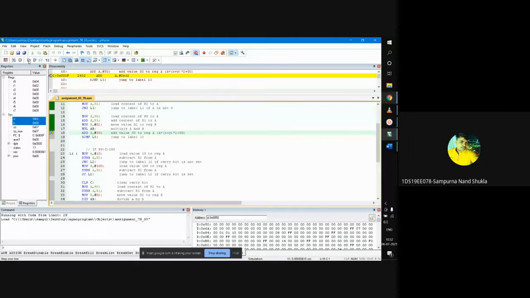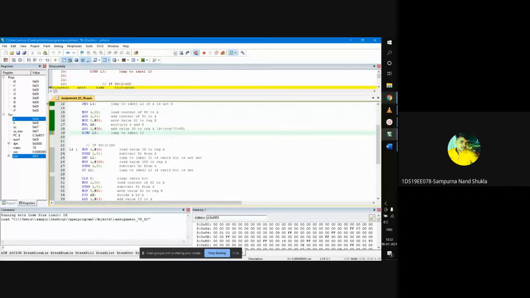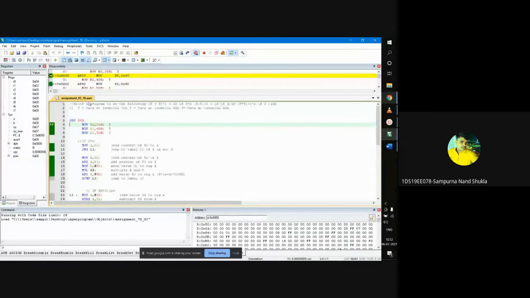After that, we'll add the number 50, in decimal, to the accumulator. The result is in the accumulator itself. After this, we'll do the case for z greater than 10.